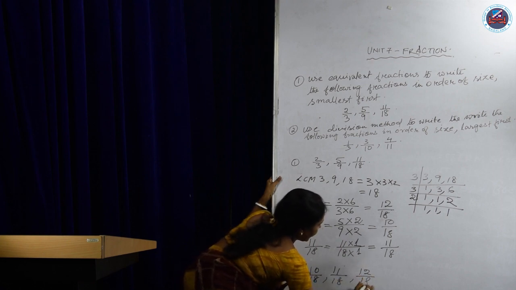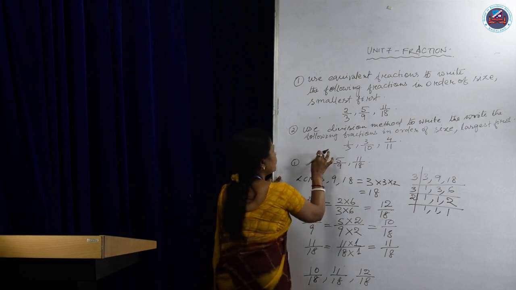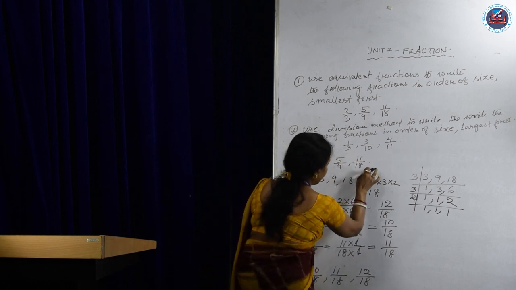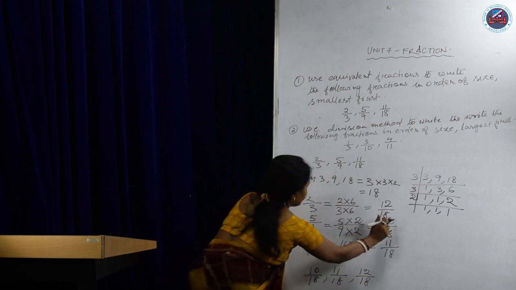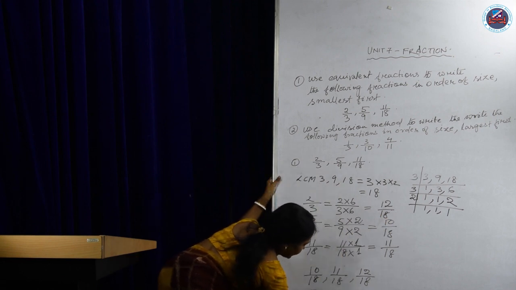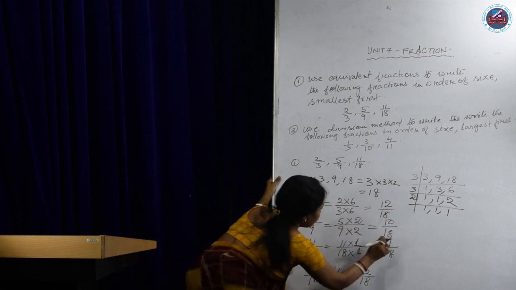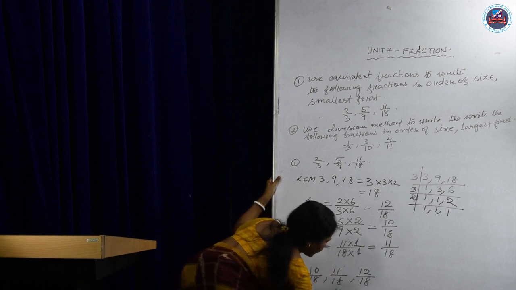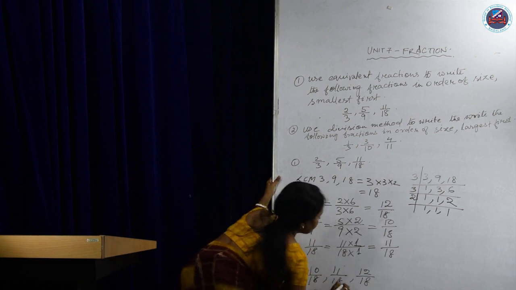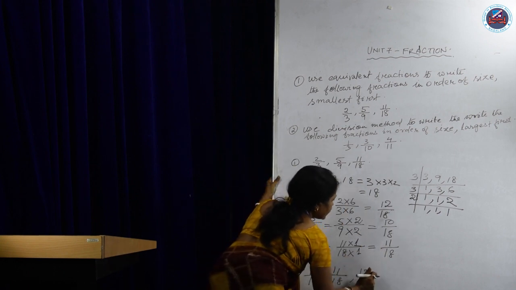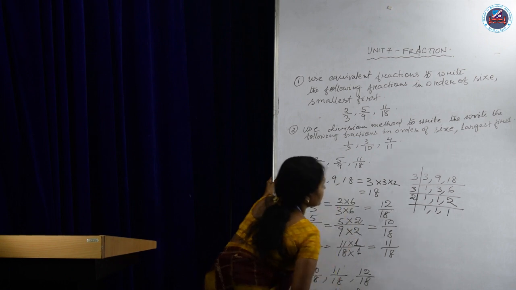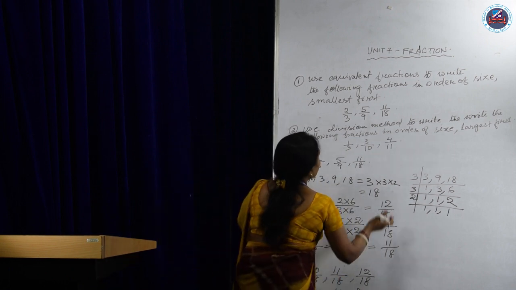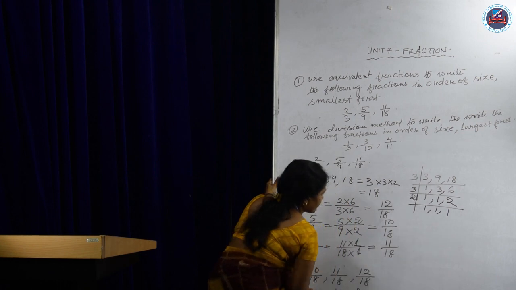So finally you can write, because your fractions were 2 by 3, 5 by 9 and 11 by 18. When we arrange these fractions from small to big, we get 10 by 18, which is 5 by 9, then 11 by 18, because our fraction is 11 by 18 in the question, and the next is 12 by 18, which means 2 by 3. So this is how we can order the fractions according to the question, smallest first.